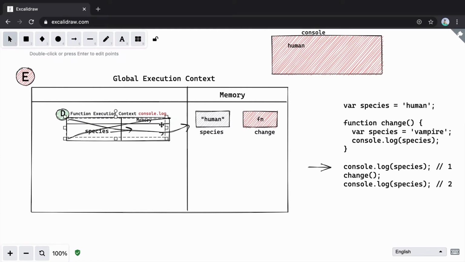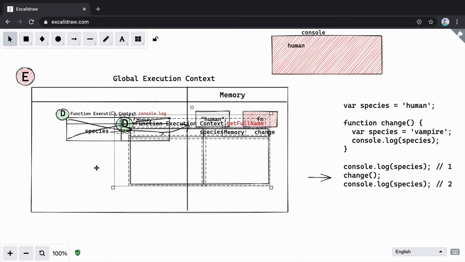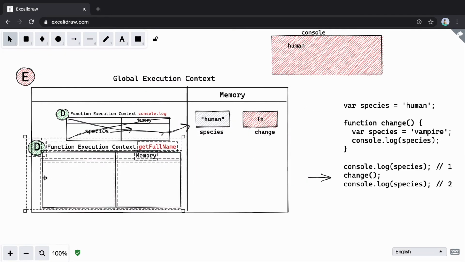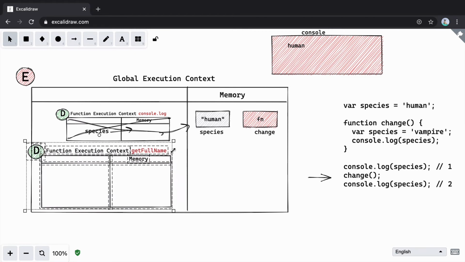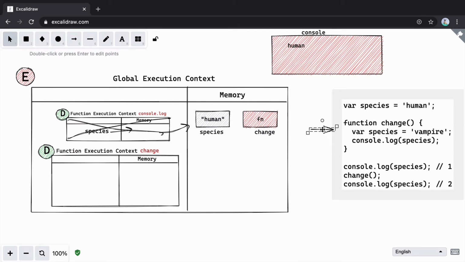Moving on to the next line. In the next line, we are calling the function change. Whenever a function is called, a function execution context gets created, and that is what will happen here. This is the function execution context of change. Here in change, it will go through declaration phase first.